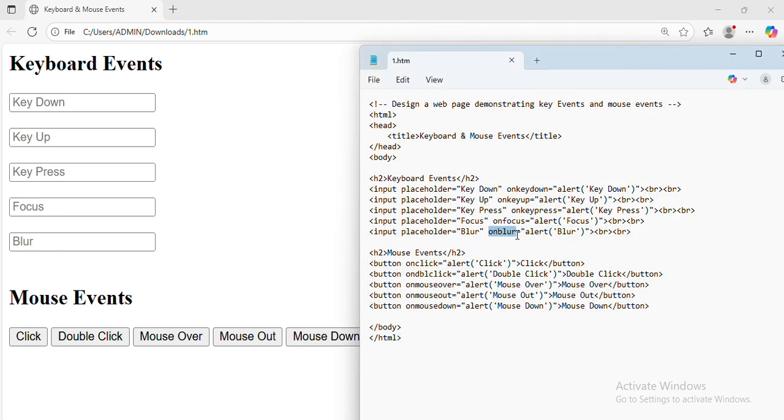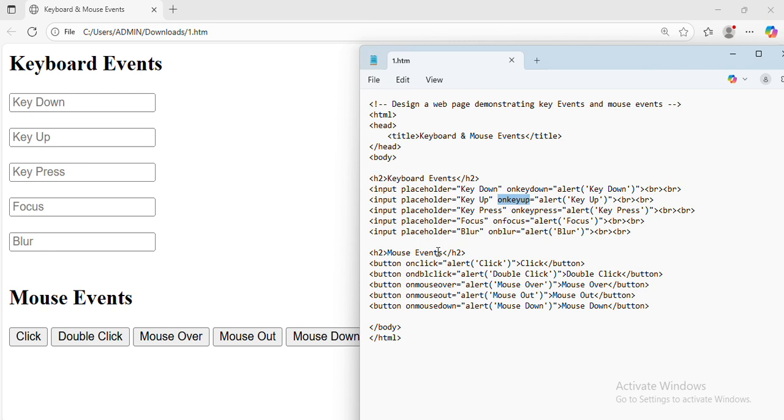So all of you can see, once the control has received the focus, it will be an on focus event. Once the control has given the focus to someone else, the on blur event will occur for that control. On key press, when the user is pressing any key in that control. Key down, once the user has given the input, and once the key is released, that is a key up event. So these are the 5 simple keyboard events we can apply for a text box control.